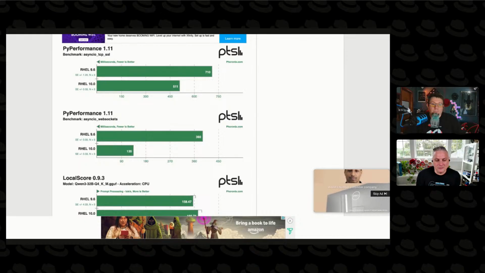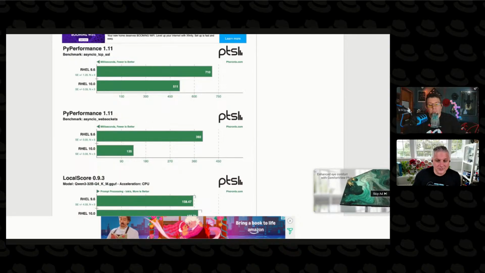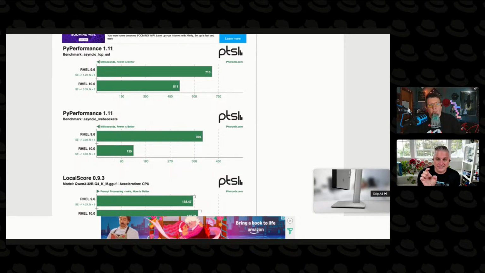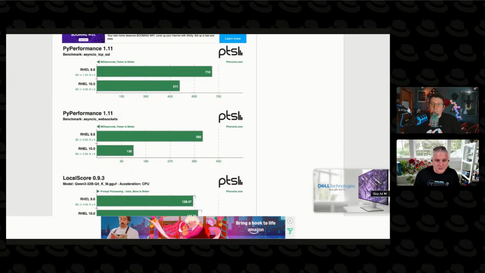Phoronix does a really good job of testing a whole bunch of different things, but also writing it up. And then he produces the graphs because it's easier to consume data graphically and be like, yes, this is better. This is not better. You can kind of see the difference between the lines to know how much better it appears to be, right? Because if there's a big delta, clearly better or worse. If it's a really slight delta, about the same, right? So yeah, that's